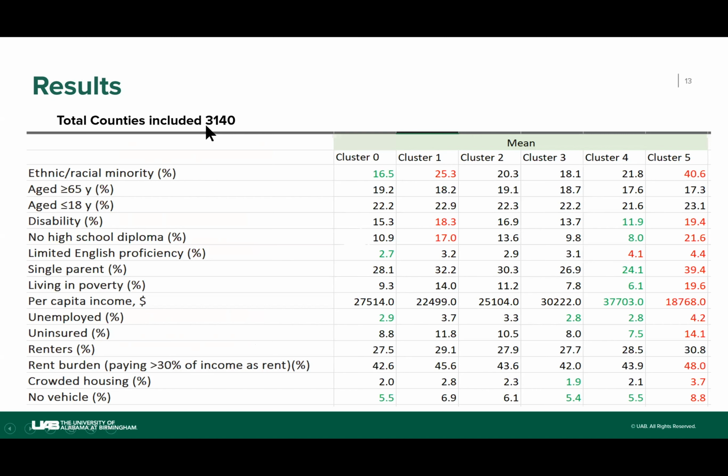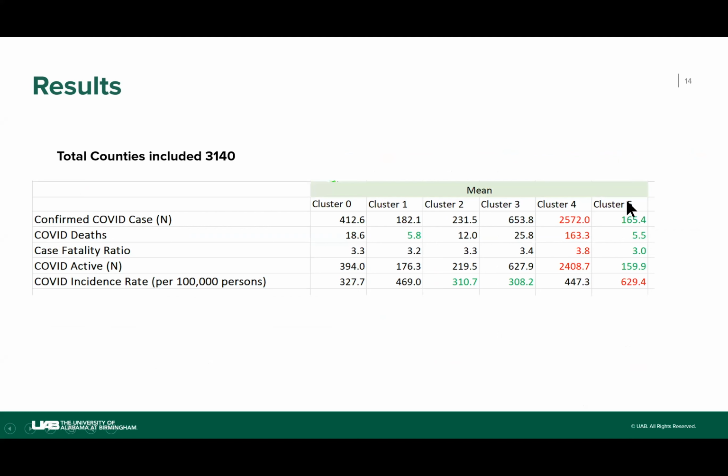To get into the results, we had a total of 3,140 counties with non-missing data, and it looked like cluster 5 had the most disadvantageous side of all the variables, and cluster 4 seemed to have more advantageous features. Like, I'll just pick on the per capita income being the least for cluster 5 and the highest for cluster 4. And once we focused on the COVID disease burden, it looked like cluster 5 actually had a much better picture